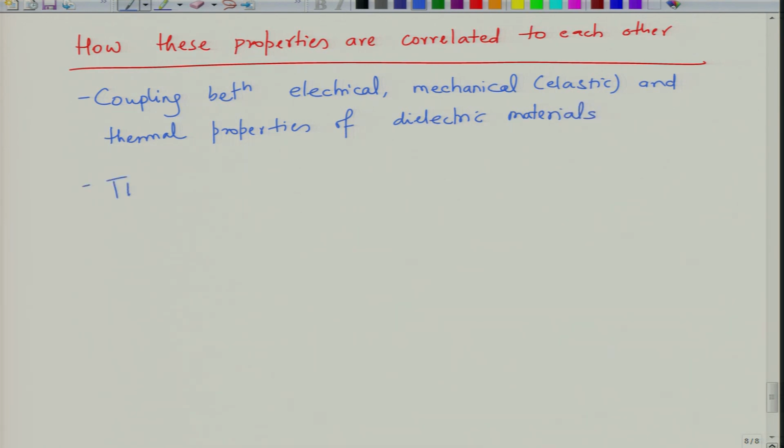And for this we will establish what we call a first thermodynamic basis. So we have seen that, for example, in a piezoelectric effect you have the direct piezoelectric effect, when you apply a stress and you get a response in terms of induced polarization. Similarly, in the converse effect, when you apply an electric field you will get strain. And in pyroelectric materials, when you apply delta T you get delta P.